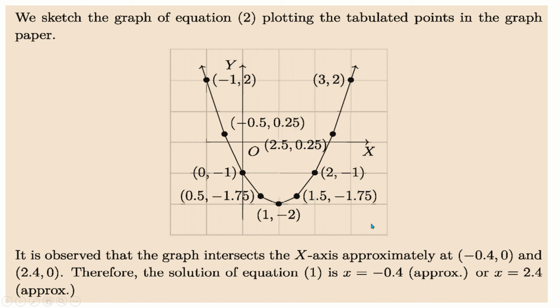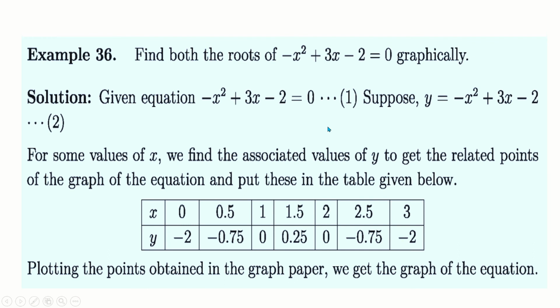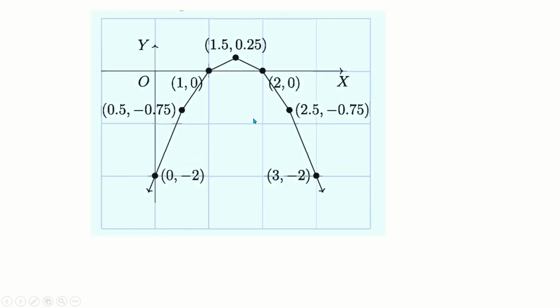Okay, clear, students? Same math. This is the given condition. You have to let this, and by using a calculator you will find the values of y for corresponding values of x. Now plotting the points on the graph, you will get a graph which intersects the x-axis at this point and this point. Therefore 1 and 2 will be the values of x. That is very easy.